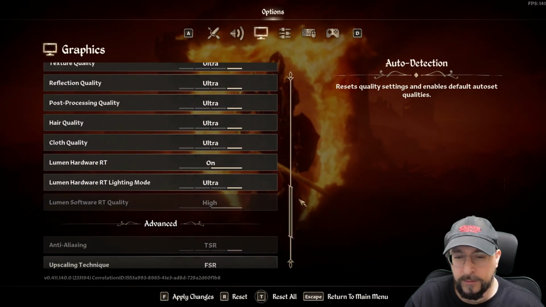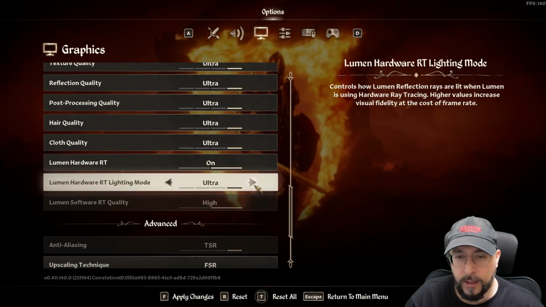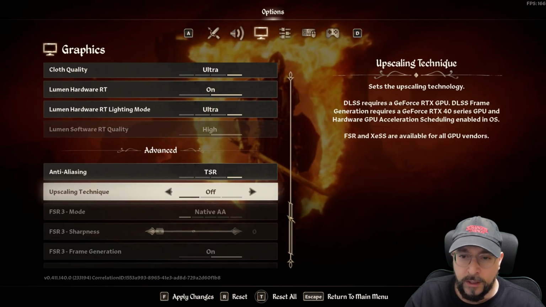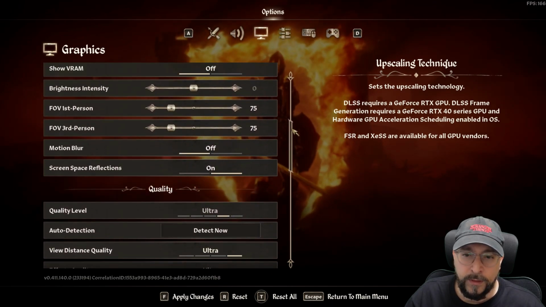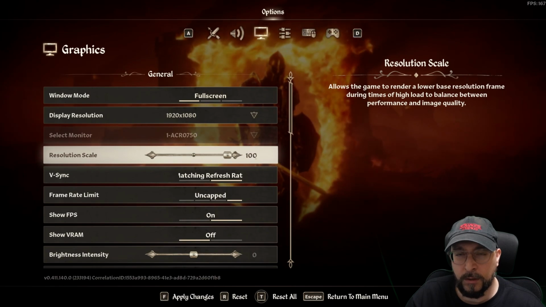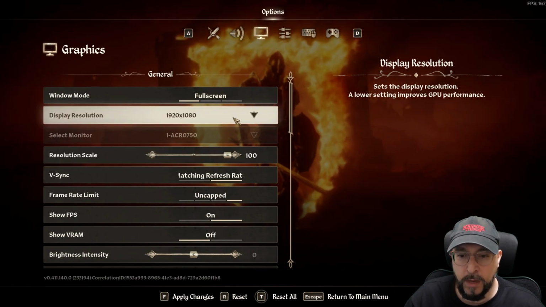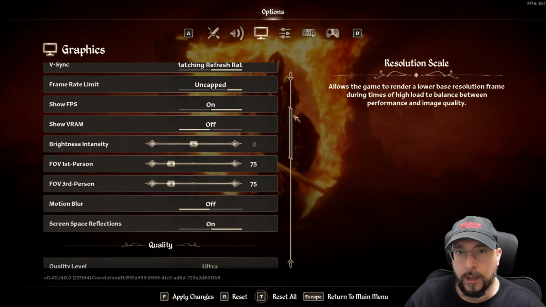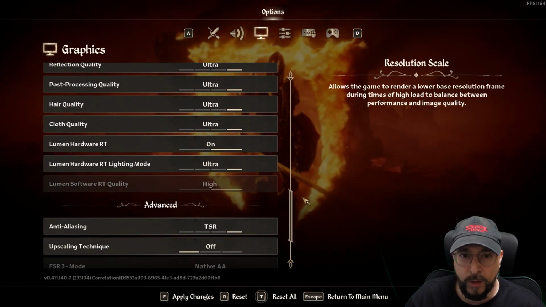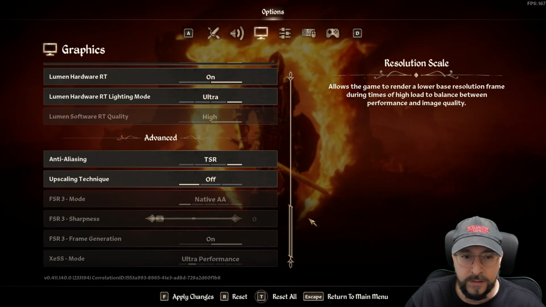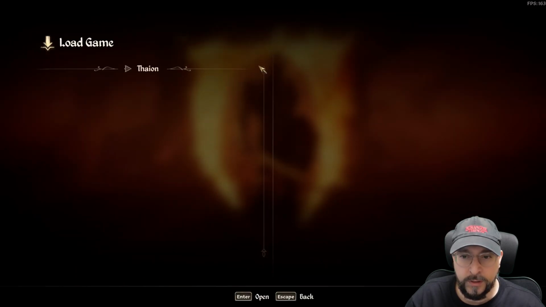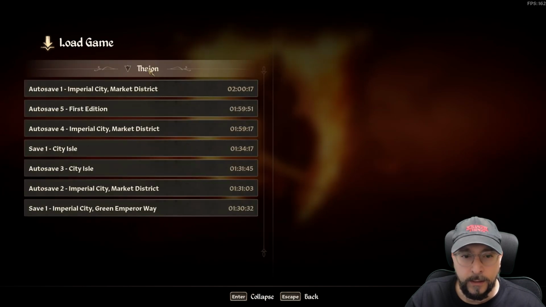I think the defaults are TSR as an anti-aliasing method, and for some reason, even on Ultra, the game defaults to 87% of the internal resolution, which I just maxed out, and I will always be very wary of that. As you can see while I'm testing this in this initial location, when we go out of the sewers into the city isle,